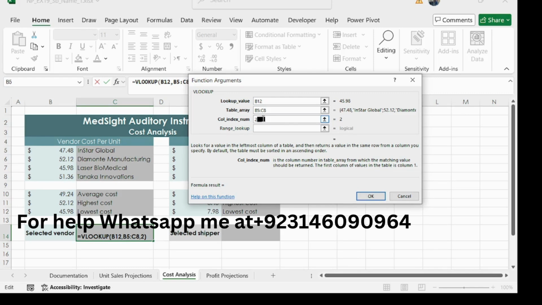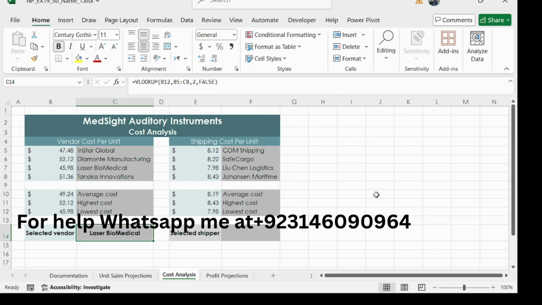Copy the formula to F14 with the appropriate adjustment. For exact match, type FALSE here in range lookup, FALSE, and then click on OK.